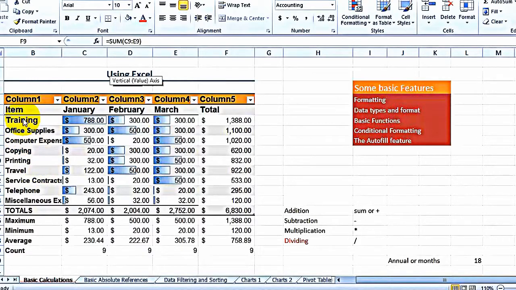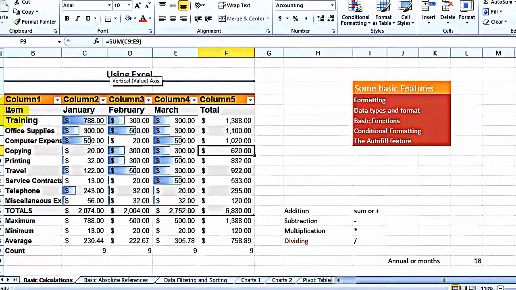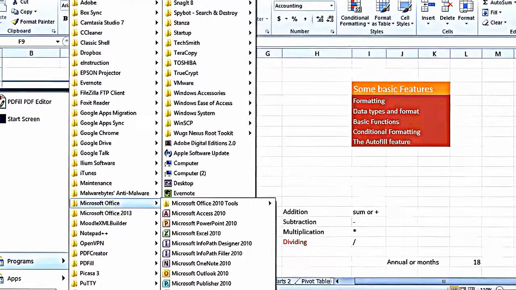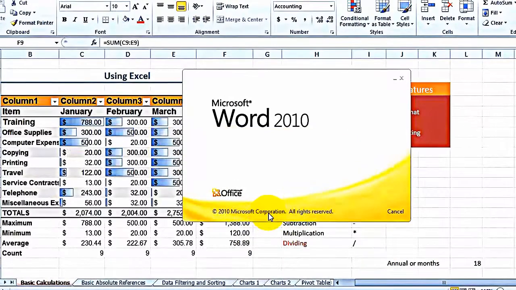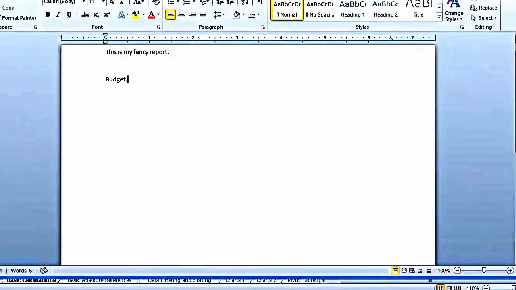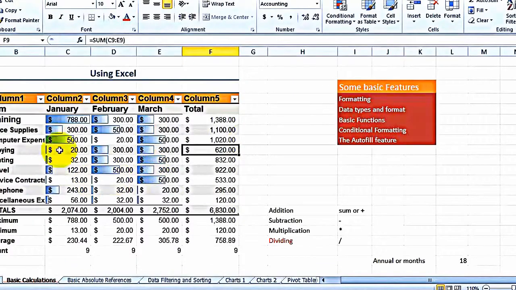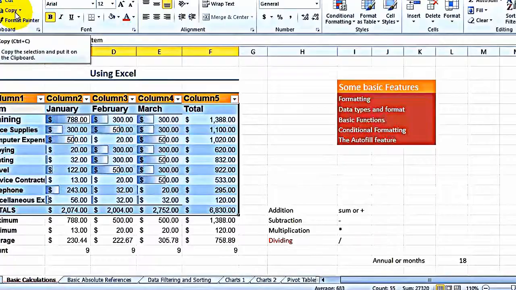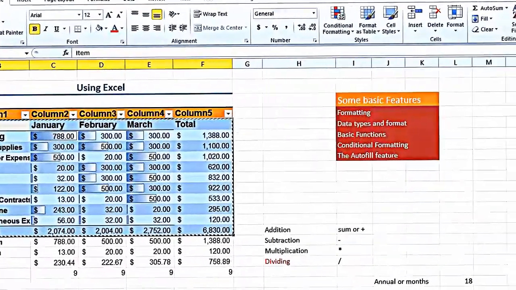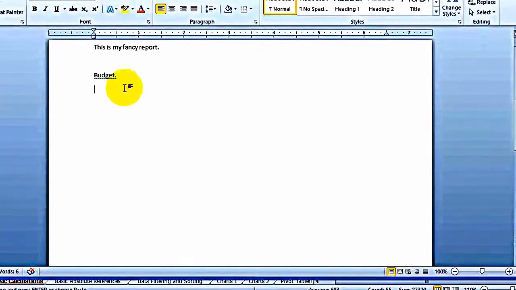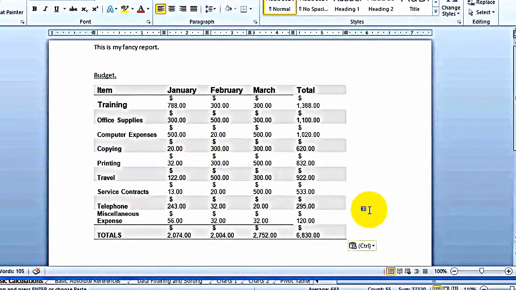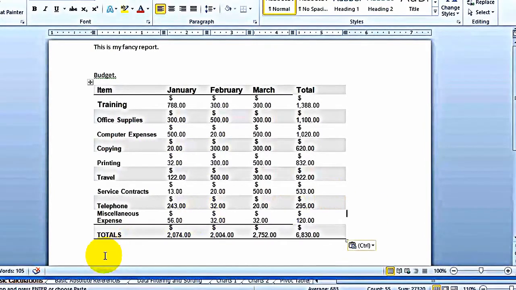There are a couple ways to do this, and most people probably, let's say they have a report, so we go into Microsoft Word here, and let's say this is my report. What happens is that a lot of times users simply go into Excel and copy part of those cells, and then they go back into Word and simply paste it. Notice when you paste it, it doesn't look too terrible, but yet it doesn't look exactly how it was in